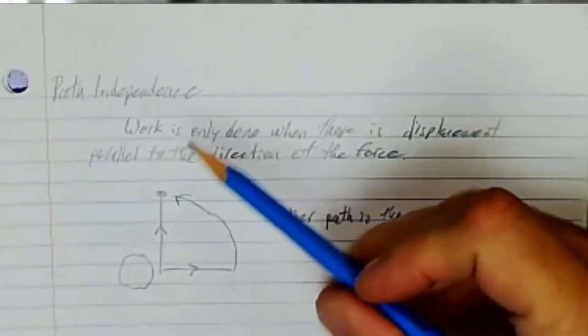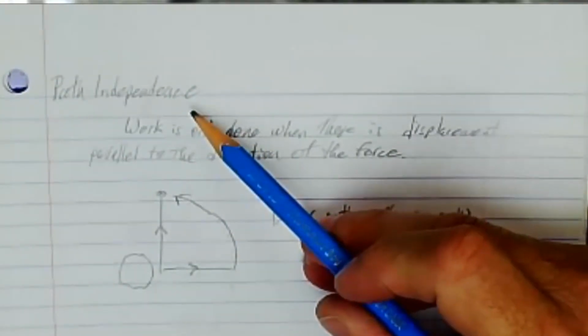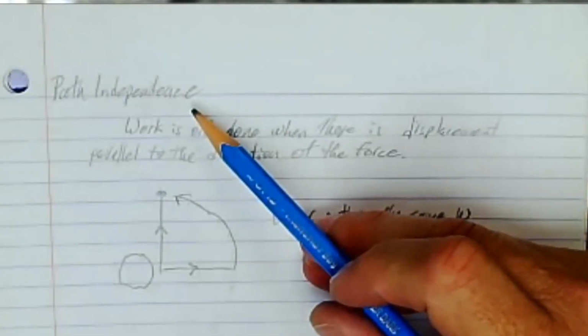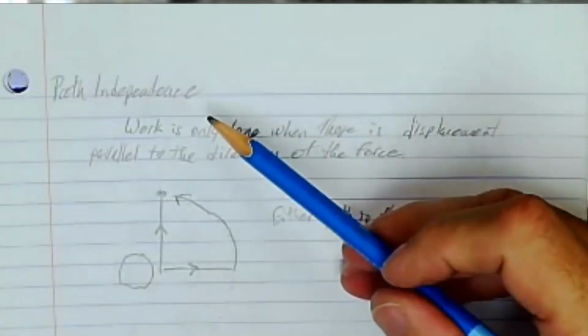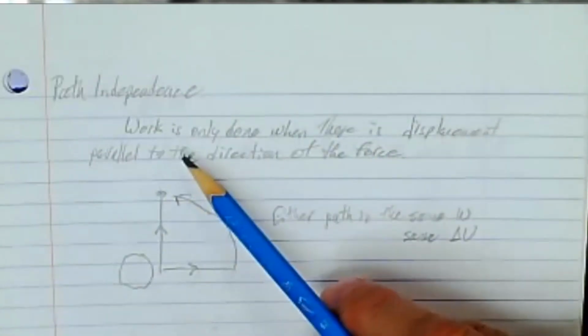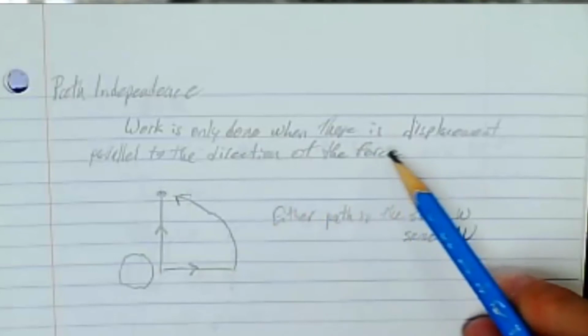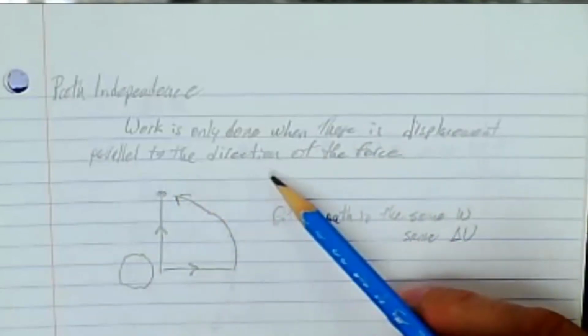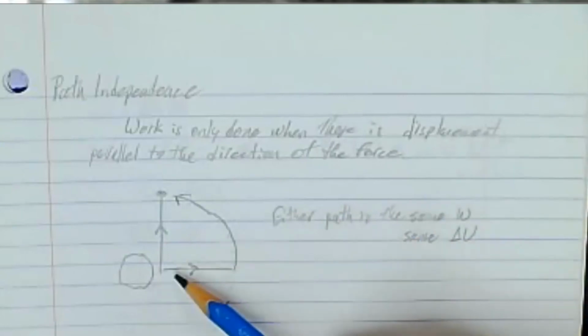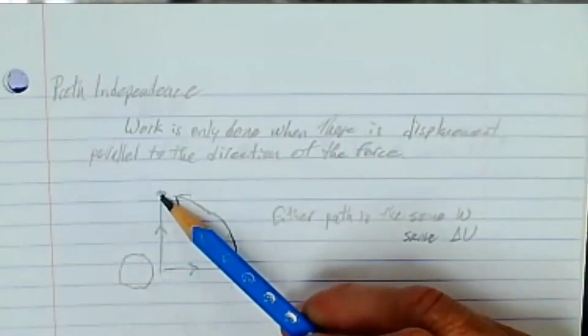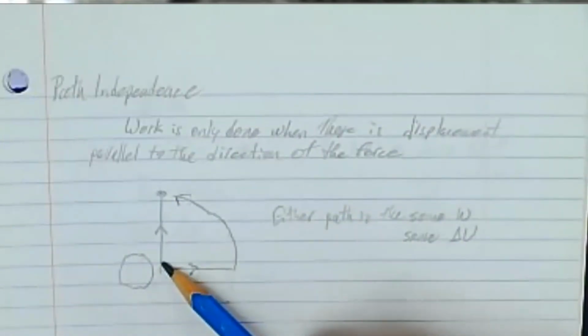And we have to touch on an idea that we learned back when we were talking about gravitational potential energy, and that's path independence. Gravity is a conservative force, so work is only done when there is a displacement parallel to the direction of the force. And if I go perpendicular to the force of gravity, no work is being done. So that means if I want to get away from the surface of the Earth, it doesn't really matter if I go this way